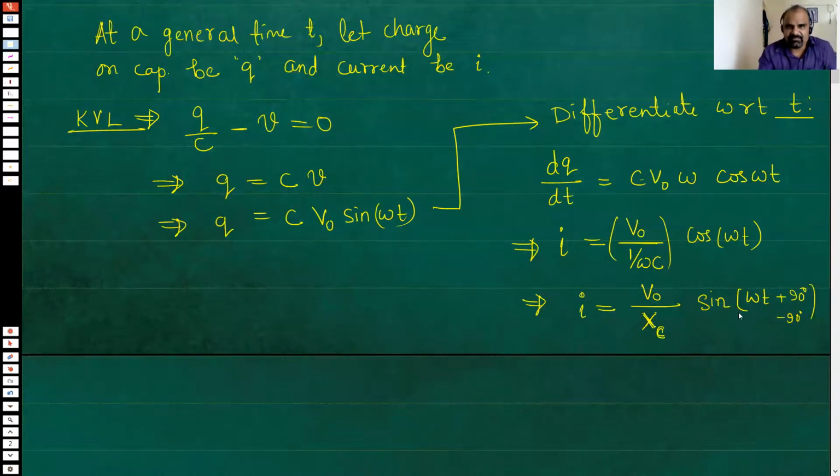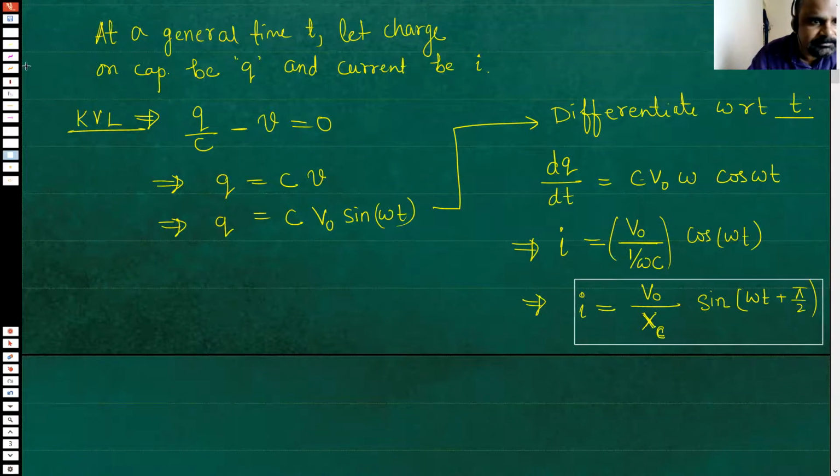Well, you can expand it if nothing else. So sine omega t plus 90, if you choose plus 90, it will give you cos. If you expand it, sine A plus B is sine A cos B plus cos A sine B, so it will give you this. If you by mistake choose minus, then sine omega t minus 90 will not give you cos, it will give you minus cos. Any problem? Now instead of 90 degrees, it's better if I call it pi by 2. So this is your current. We have done all the hard work and we have come to this conclusion.